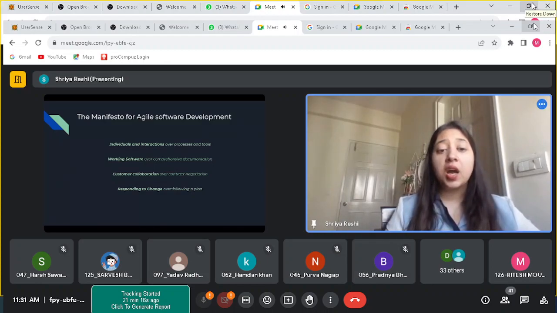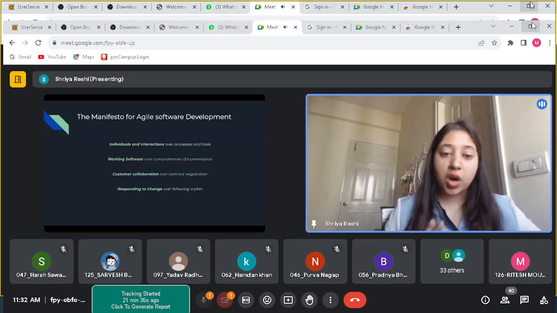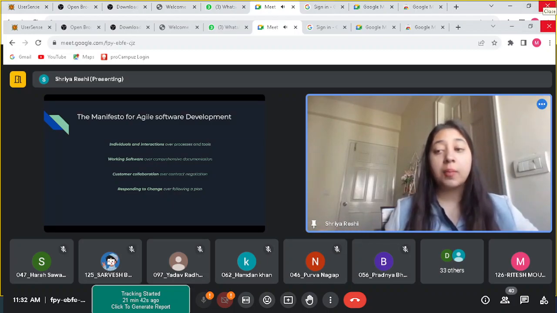Next one being customer collaboration over contract negotiation. So whenever we start a project, we kind of make a mini contract which says, for example, we have to create an e-commerce website and we will get done with it in 3 months. That's kind of a contract that we are giving them, our word that in 3 months you will have your website with you. So, customer collaboration is equally important at each and every interval during these 3 months,